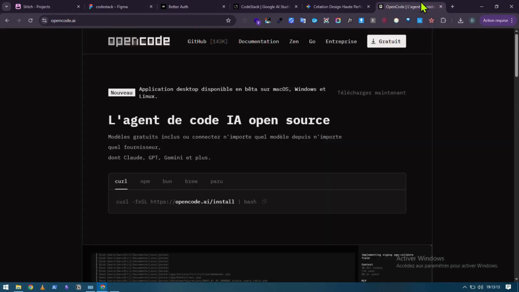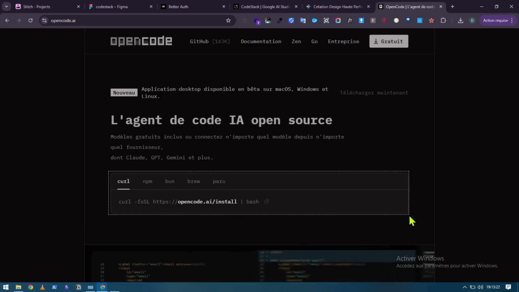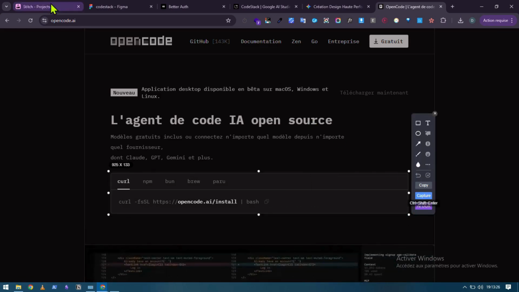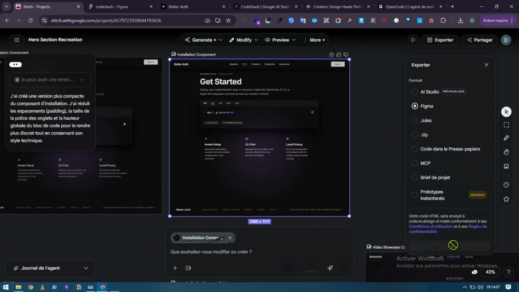For command line installation details, we'll use OpenCode as a reference to create an installation selection field: npm, bun, or pnpm. We'll do the same